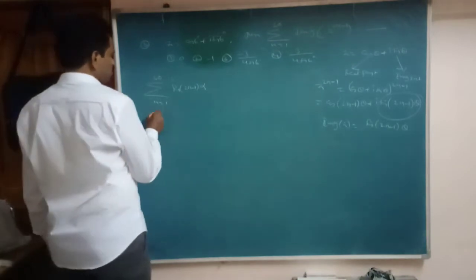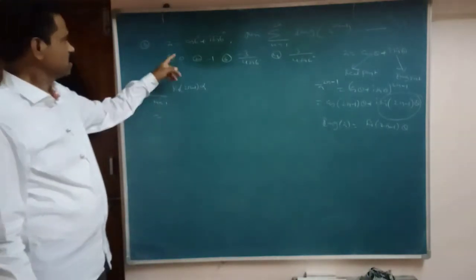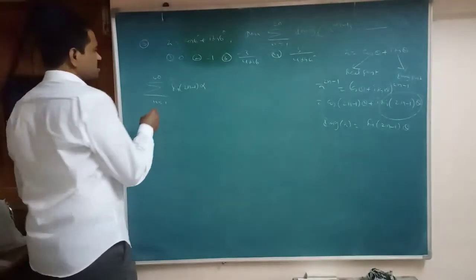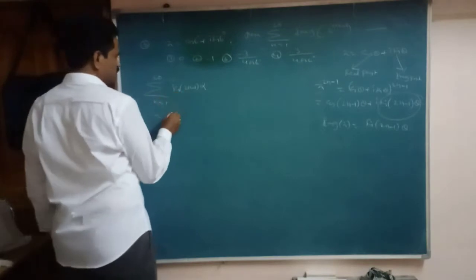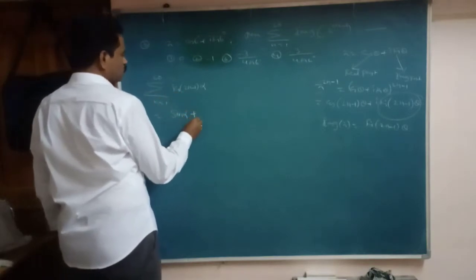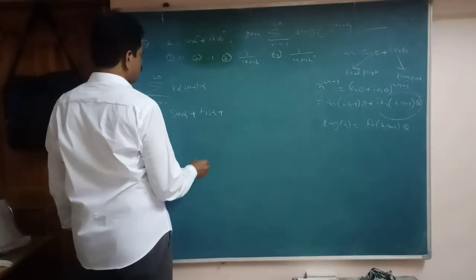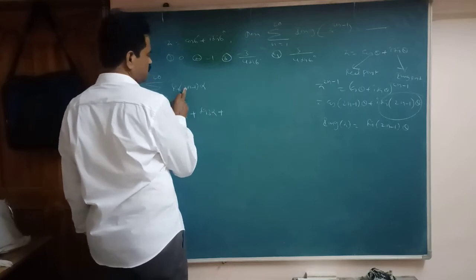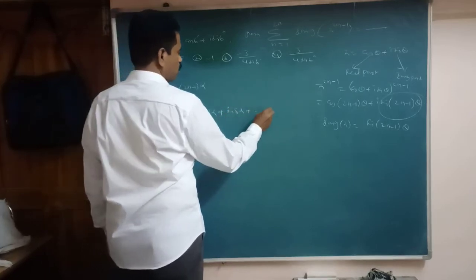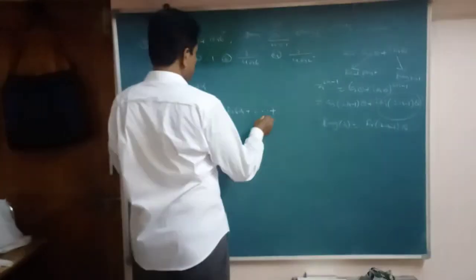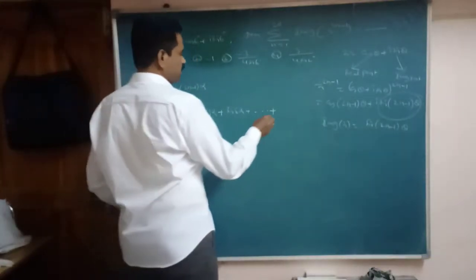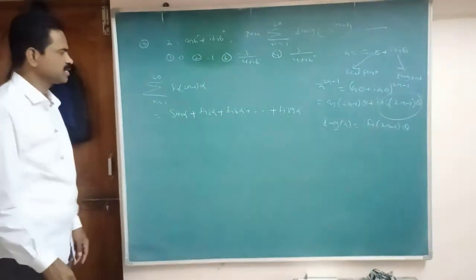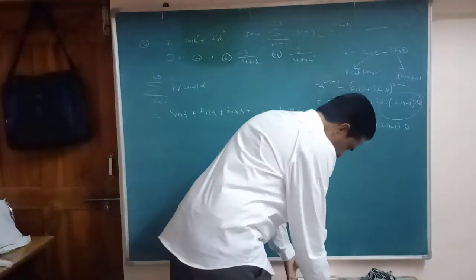So here n equal to 1, substitute here. What is alpha here? Alpha is 6 degrees, given here. N equal to 1, that is sin alpha. N equal to 2, substitute here, sin 3 alpha. N equal to 3, sin 5 alpha, and so on. N equal to 20, substitute here, 39, sin 39 alpha.